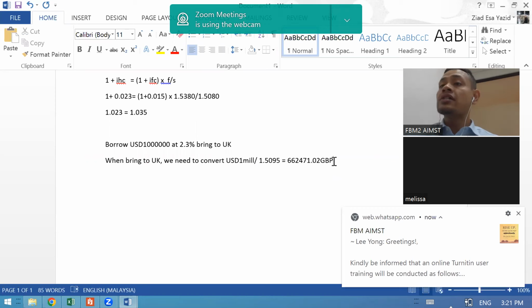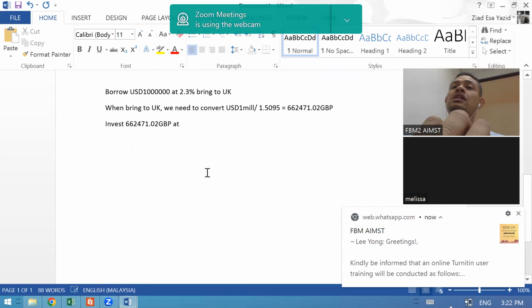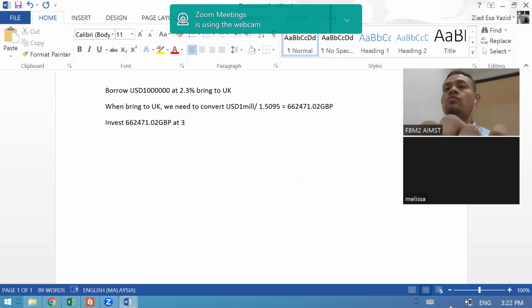So how do you invest in the UK? For this one, you invest this figure at what percent? At 3%. Oh, sorry, 3% already. Sorry. At 1.5%. Why 1.5%? Because it's 6 months. So at 1.5%, how much do we get? How you calculate it is this figure